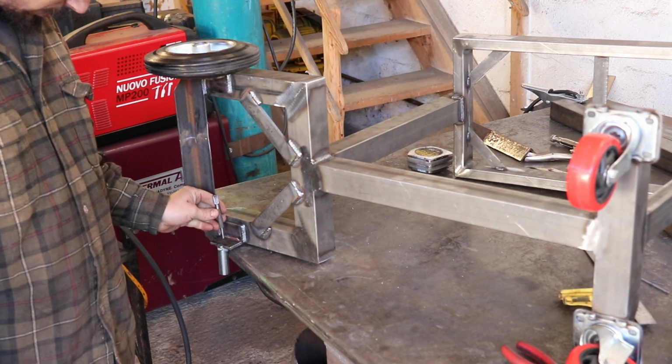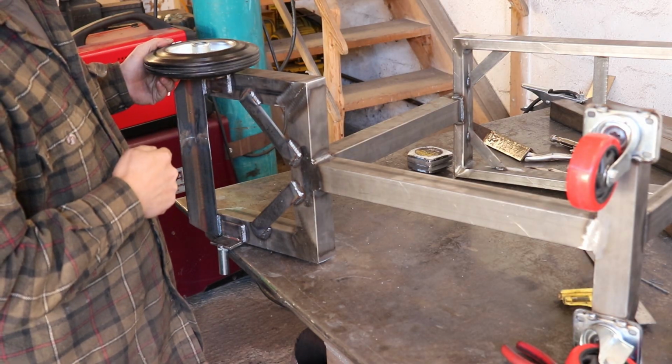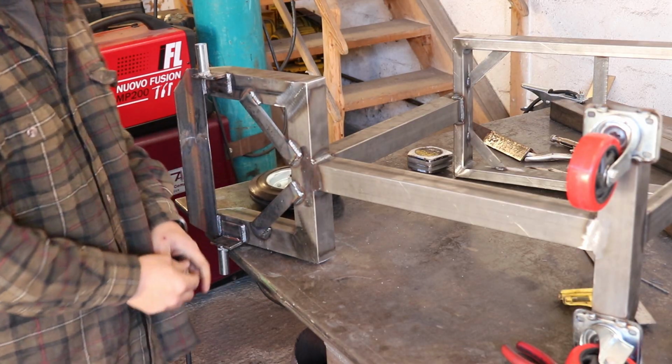Drill some holes through the back of here so I can actually bolt the wheels on, which I should have done before I welded these on, but